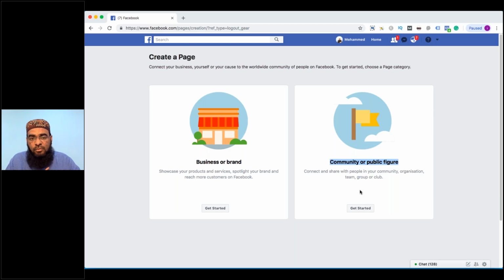An individual person should have a public profile, so that people can like your page and follow. Unlike a profile where you can only add 5,000 friends, when you create a page for yourself, a lot of people can follow you, you can post a lot of updates, and you can also do advertising for your own personal branding. This is one part I wanted to explain, but now we'll focus on our interior design project.